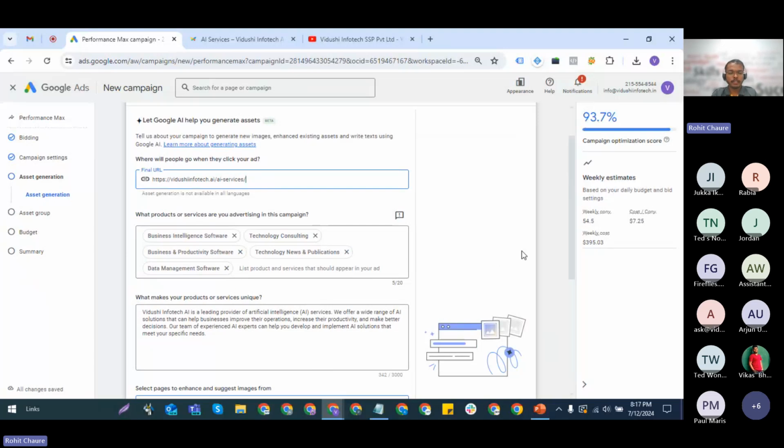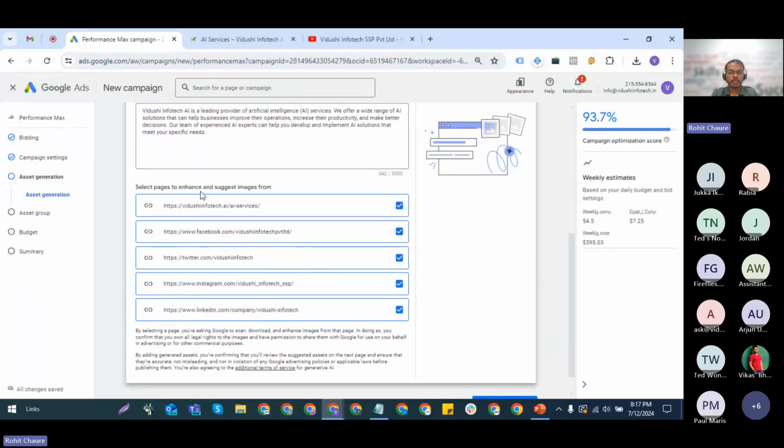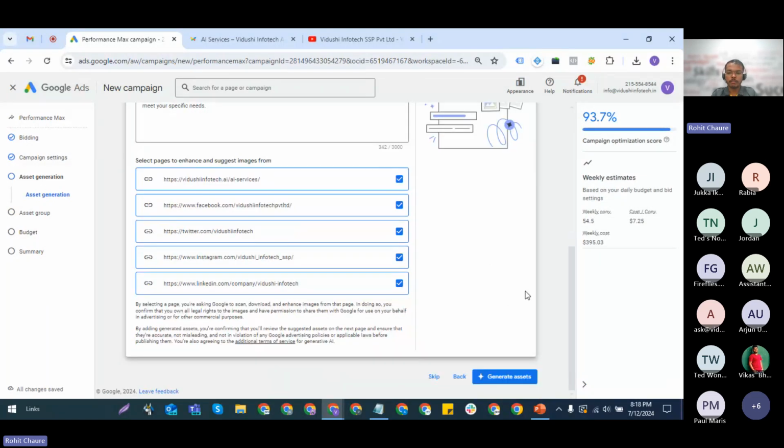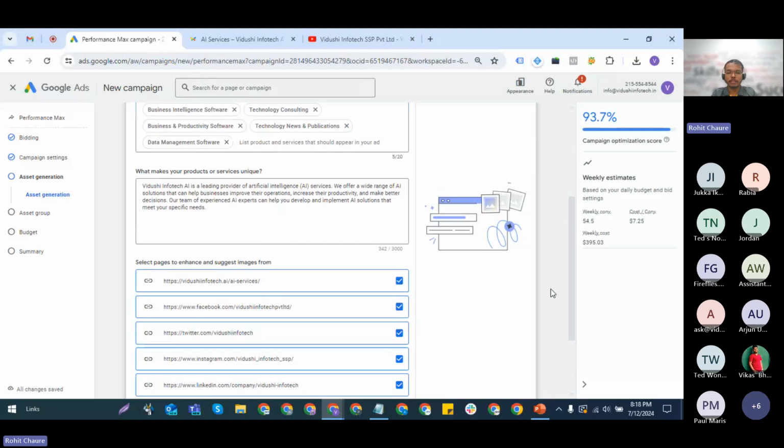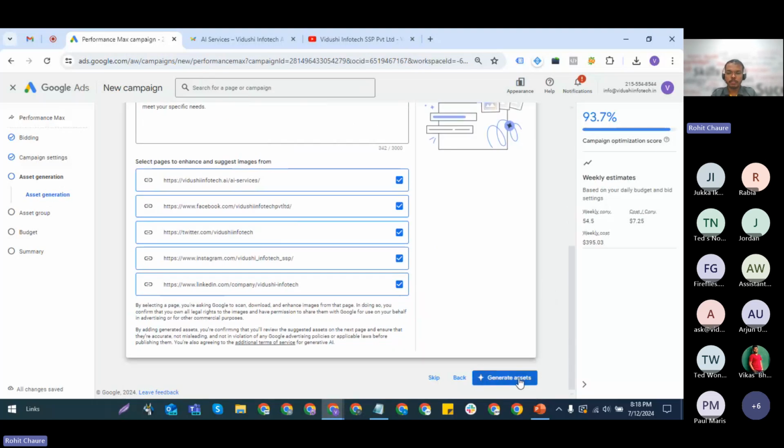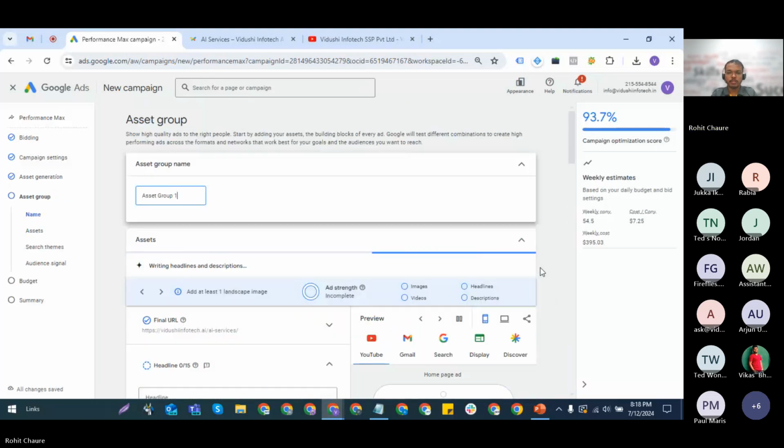is used by AI to generate assets based on the content on the web page. It has generated certain headlines and descriptions, so that it gives you a unique headline and description based on your content. If you scroll down, for the AI generated images, it has also selected Facebook, Twitter, Instagram and LinkedIn, so that it would gather all the images which were uploaded previously on their respective pages, and generate certain images, headlines and descriptions. I will go with the next step,